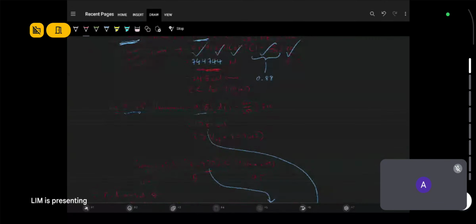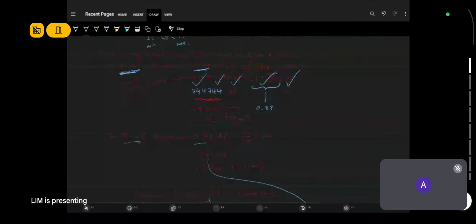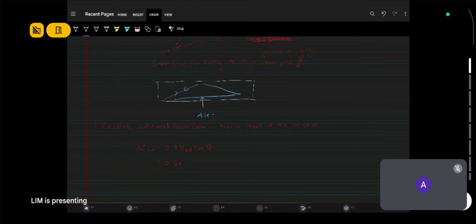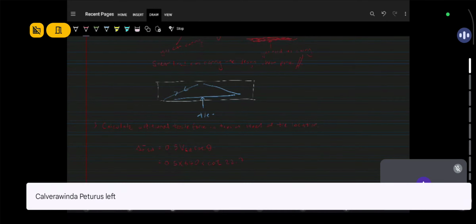VED is the force at the distance d. Where VED is 640, times cot theta is 2.71. Okay, what is that force? It's 765